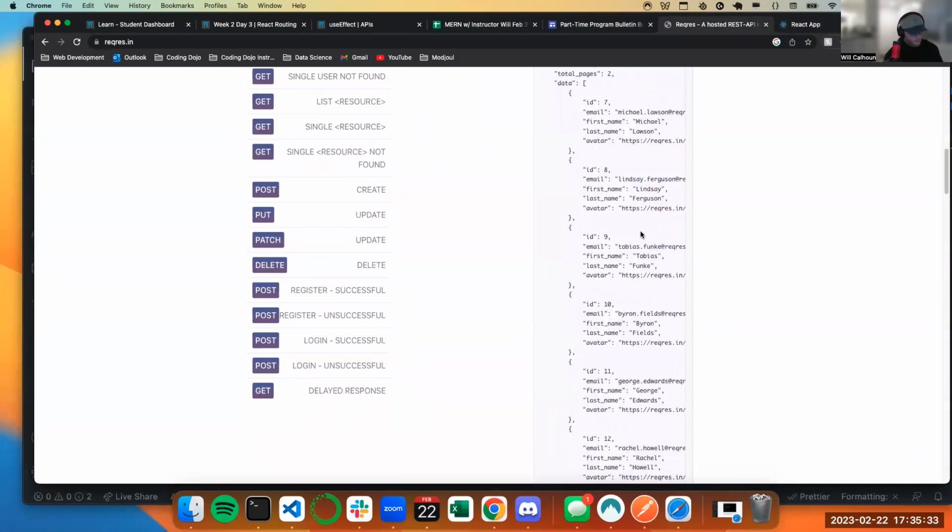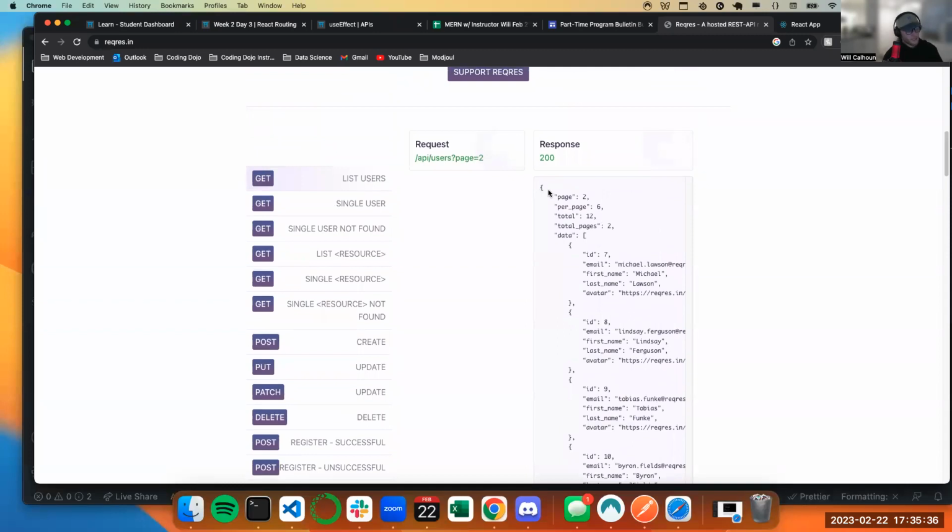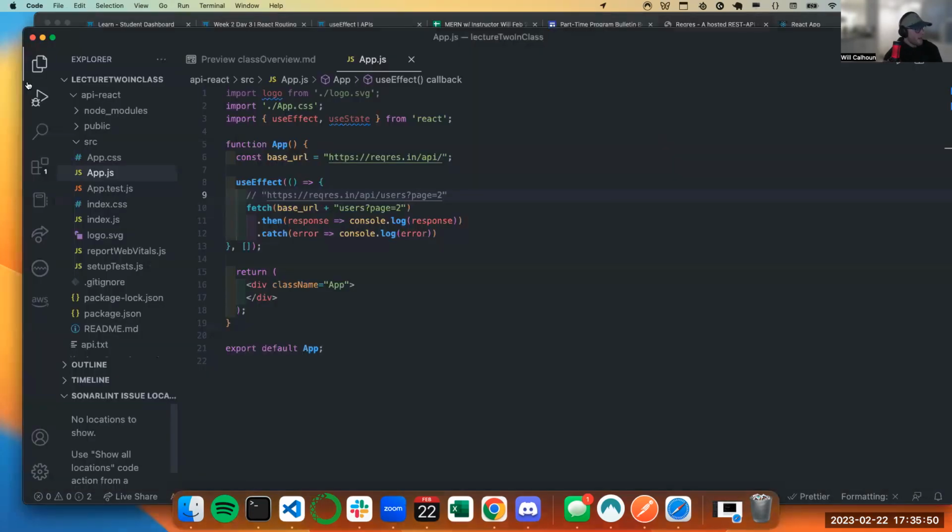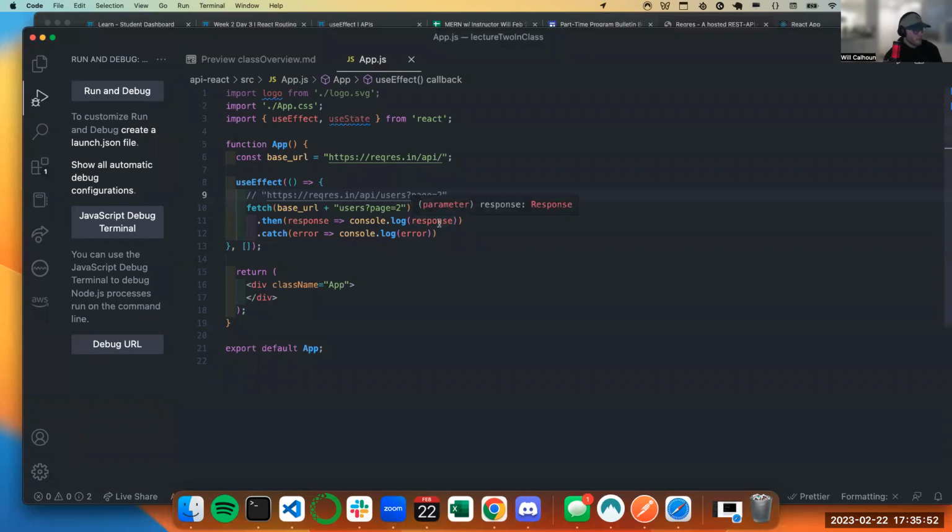This is what we call a JSON payload, which is basically a JavaScript object, JavaScript object notation. That's what JSON stands for. Just a bunch of key value pairs that I can look at. And I want to see this data piece, right? This is really all I care about. I'm just wanting to get these users. Now with fetch, what I have to do is one extra step, and you kind of saw it at the beginning: I have to say response.json. Say, okay, I want to convert this to JSON.